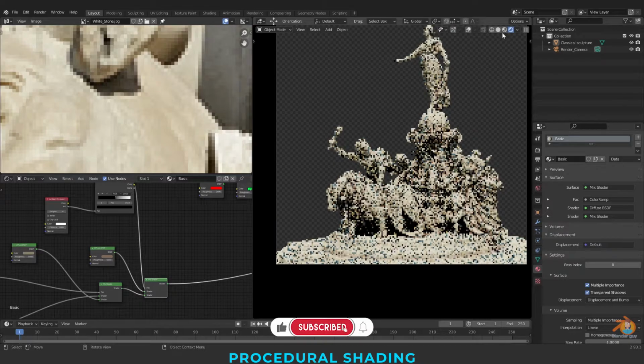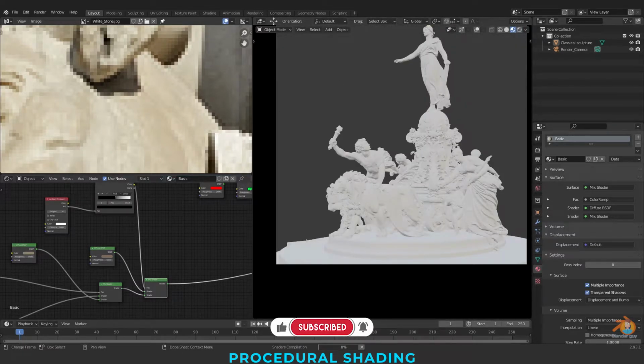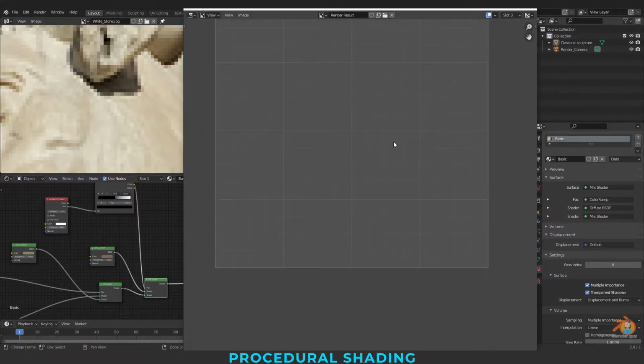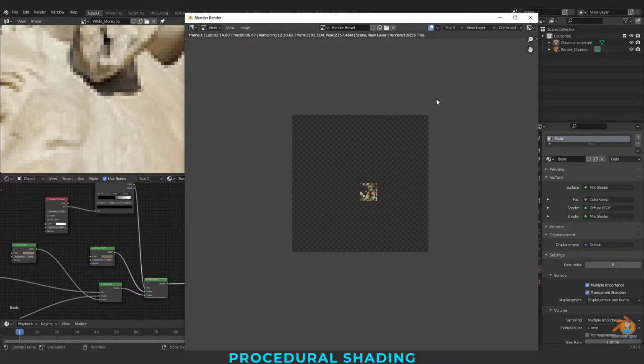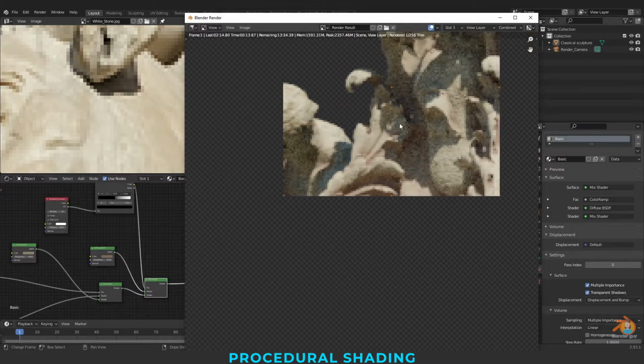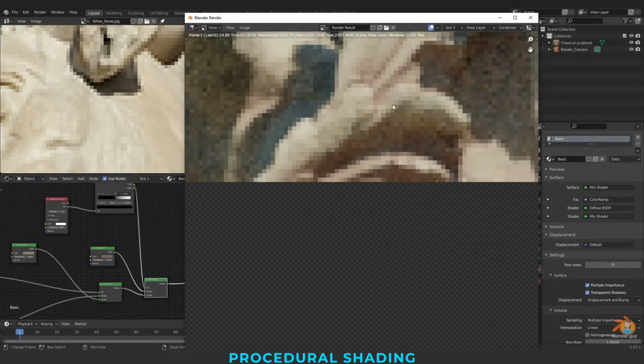Let us check the render. I'm just pressing F12 in the new slot. I know this is close to pink.